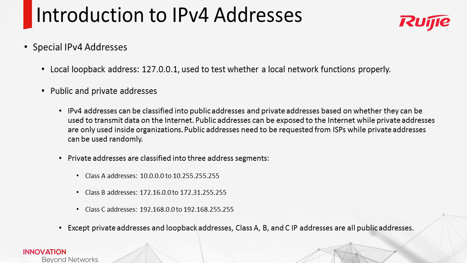But if you just want to use the IP address for your inside network, you can choose a private IP address. We have three kinds of private IP address: Class A, Class B, and Class C. Class A is from 10.0.0.0 to 10.255.255.255. Class B runs from